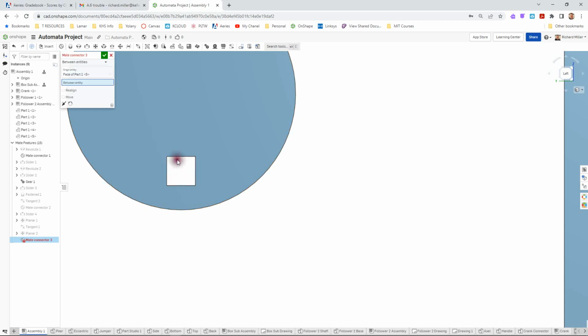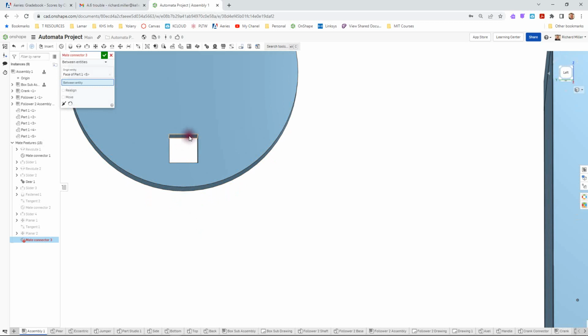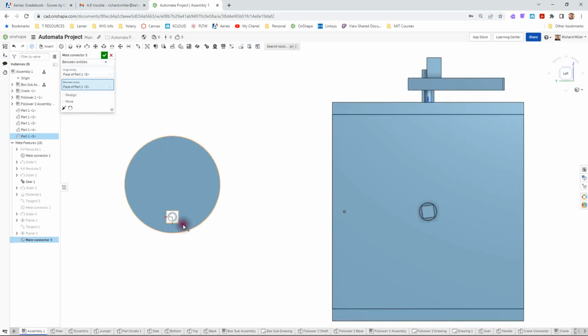And then for the second spot, you'll notice that all of the little white mate connector points are gone because I don't need them. What I'm going to do instead is just tilt this up a bit, and I'm going to get inside this flat part of that access point, and boom. That's the second. So remember, it's between entities, and so you just want to make sure that they're both on the edge of this flat part here and here in order to get your mate connector right there in the middle. So when I've got it, I'm going to go ahead and green check to accept it,